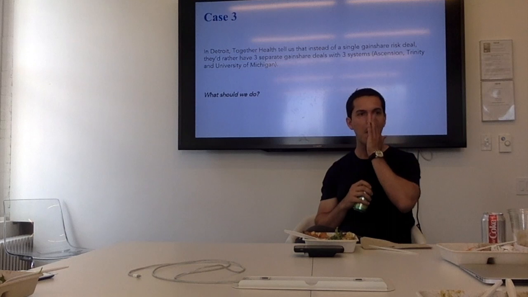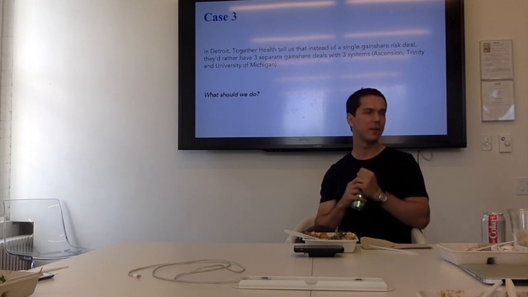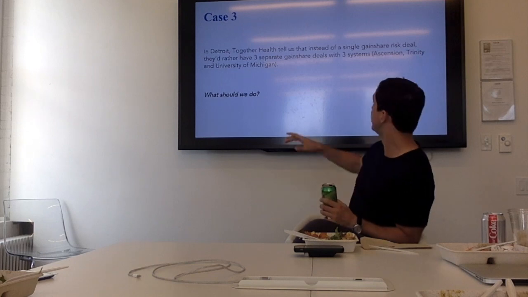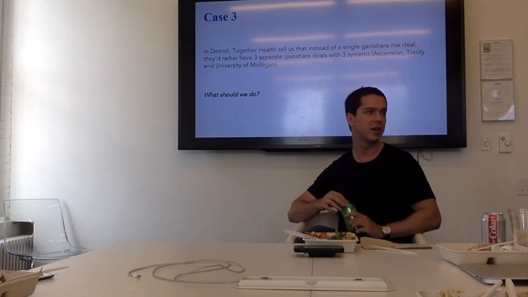Go ahead, Sarah. Do we expect all 3 of them to pose the same amount of risk? So maybe Ascension is going to collect upside 5%, but Trinity is going to be downside like 2%. It's all gain share. Let's say you have an MLR target and they get 50% of the gain share. There's no downside.